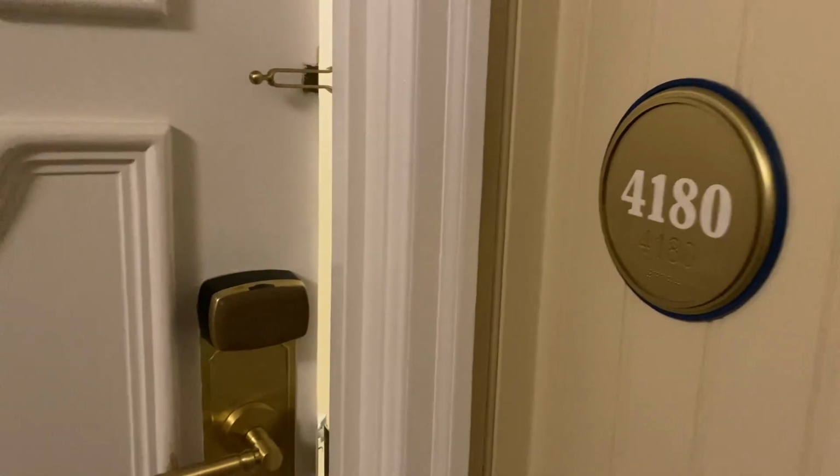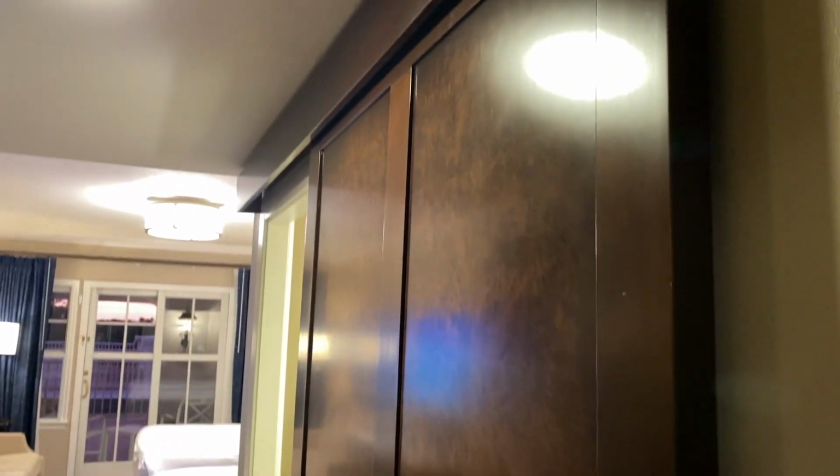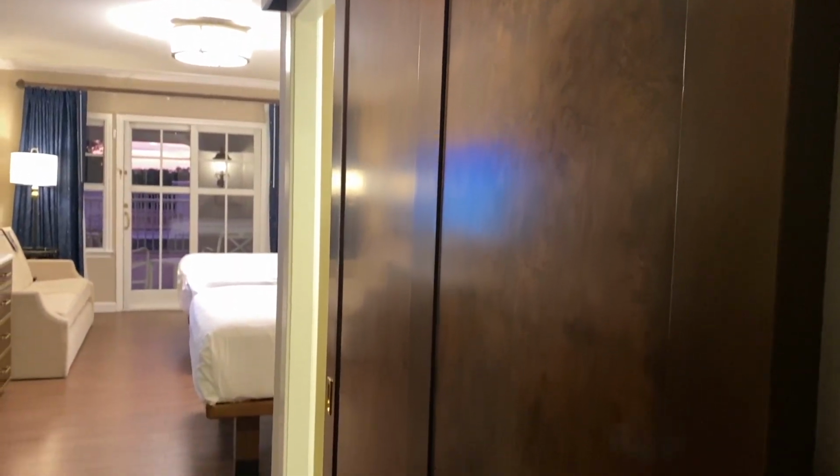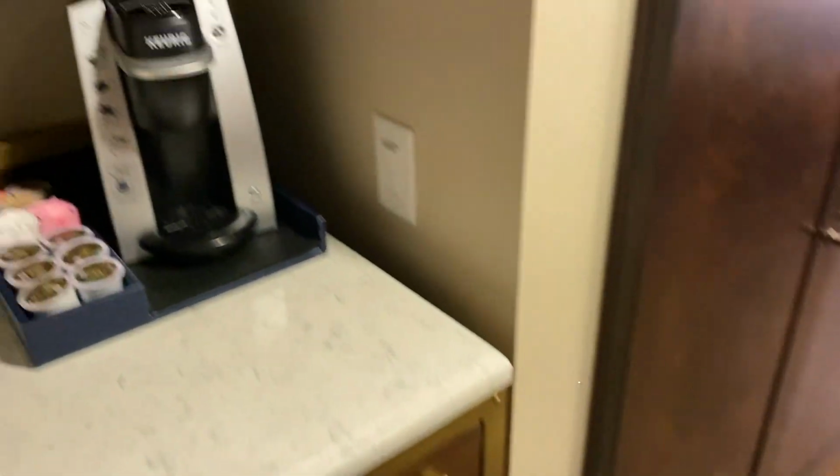Hello everyone and welcome to our tour of a standard view room at Disney's Yacht Club Resort. Now, Disney's Yacht Club Resort is a sister resort to Disney's Beach Club Resort, and they both share several amenities, including the famous Stormalong Bay pool, and are located in the Epcot Resorts area. You might notice a few nautical themed touches to this room, so keep a keen eye out for some of